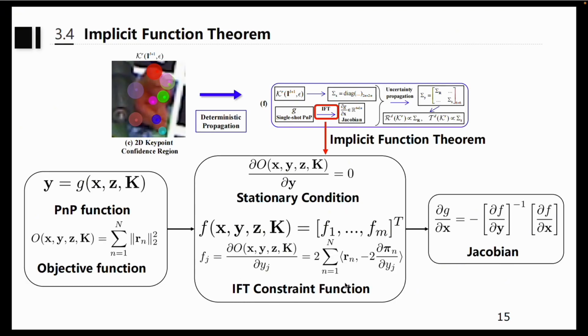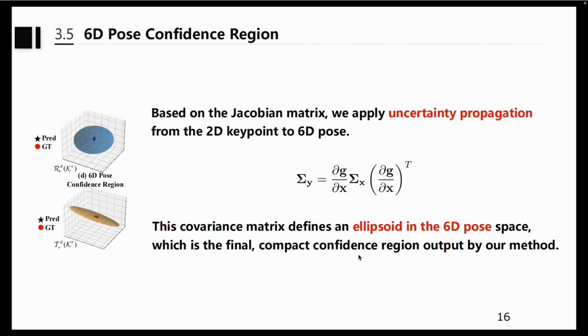We reformulate this stationary condition as our IFT constraint function f. Finally, by applying IFT to this constraint, we can analytically compute the Jacobian of the PNP solver. This Jacobian describes how the output pose is affected by changes in the input key points, allowing us to directly propagate the uncertainty from the 2D key point regions to the 6D pose space. The final output pose confidence region is an ellipsoid in the 6D pose space, which covers the ground truth at